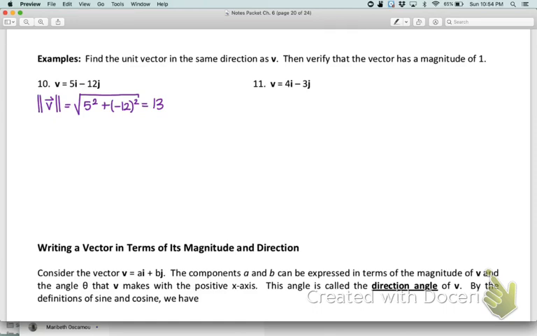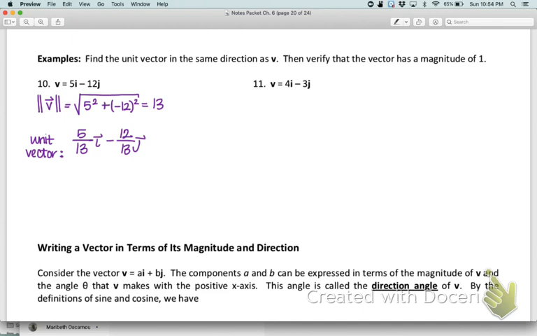And so now our unit vector, and there's not really good notation for this. There may be something that they use in physics that I'm not aware of, but the unit vector is going to be vector v divided by 13, which means we're just going to divide each of the components by 13. So you get 5 over 13 times i minus 12 over 13 times j. So that one is going to be going the exact same direction. It's going to be going to the right and down,